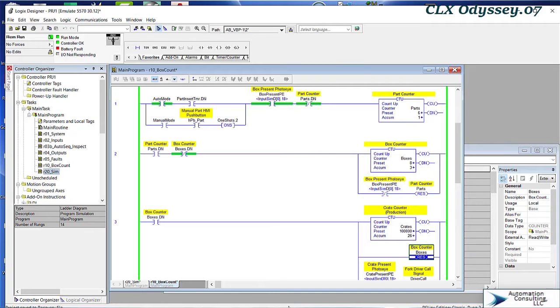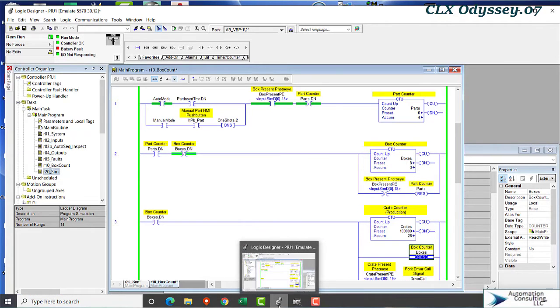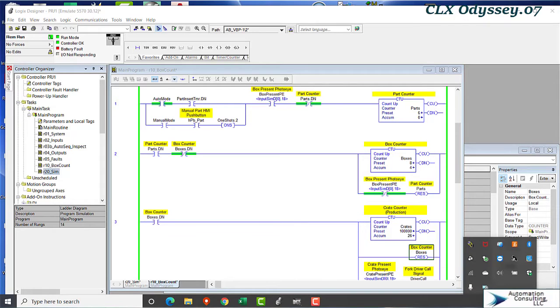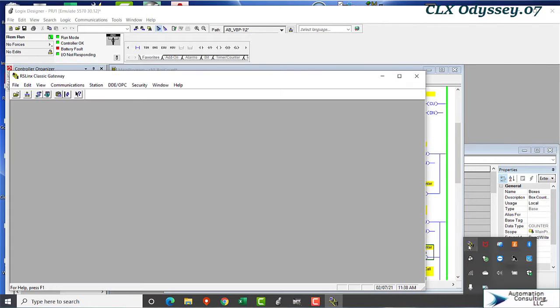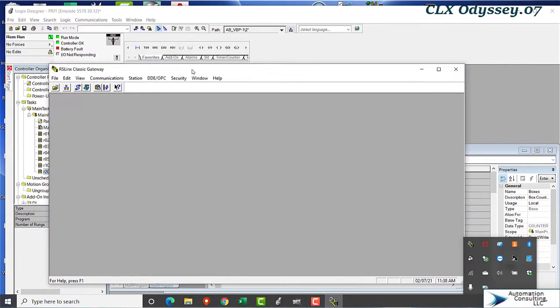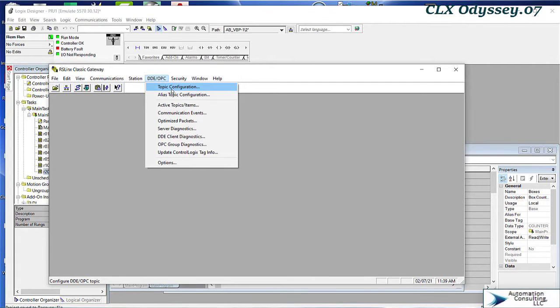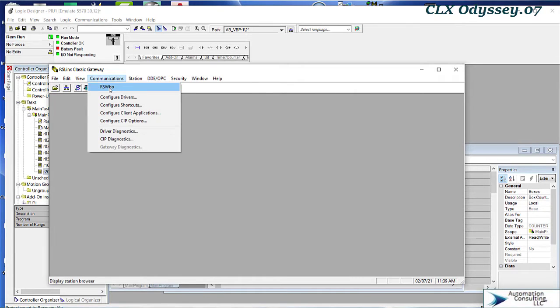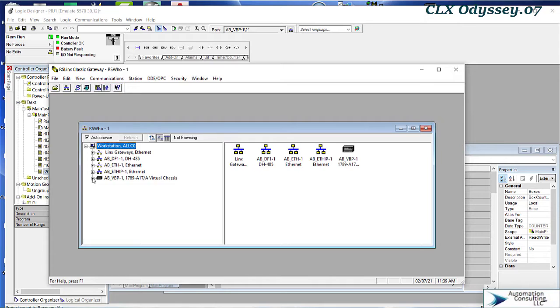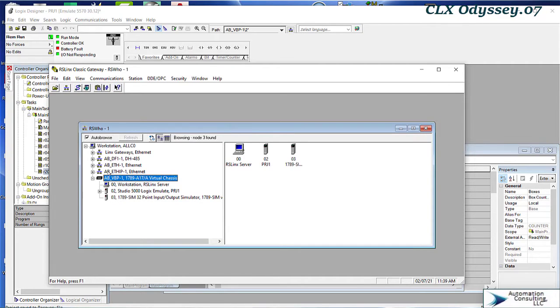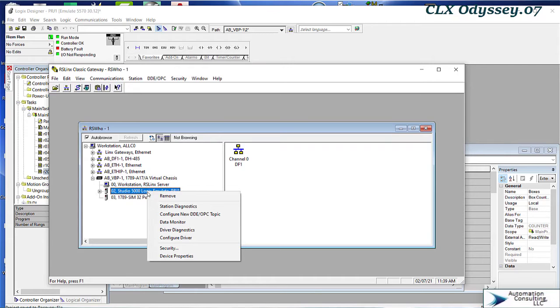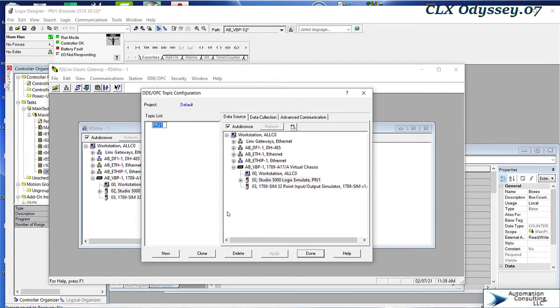So the way that you log things to Excel is you need to use RSLinx. So here I've got RSLinx running as a service, so I'm going to open it up and I'm going to configure a DDE or OPC topic. There's a couple ways to do this, but the easiest way is to simply open RSWho. I'm using a simulator, but if I had a regular PLC here, it would work the same. If I go to the processor and right click and say configure new DDE topic,